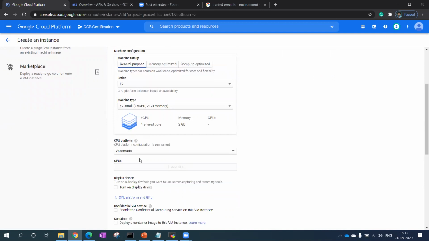So now I think GCP, in this option, they are also giving you the option to choose a GPU. GPU stands for graphical processing unit. So in your example, you want to develop a gaming application. The gaming application requires higher graphics, so you can go for that option. Basically, in your VM, you can install the graphics drivers, and through the VM you can also play games or develop games.